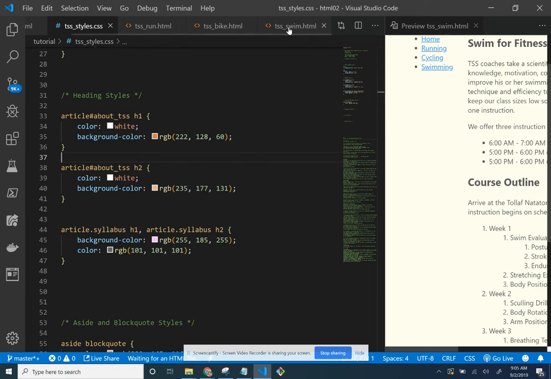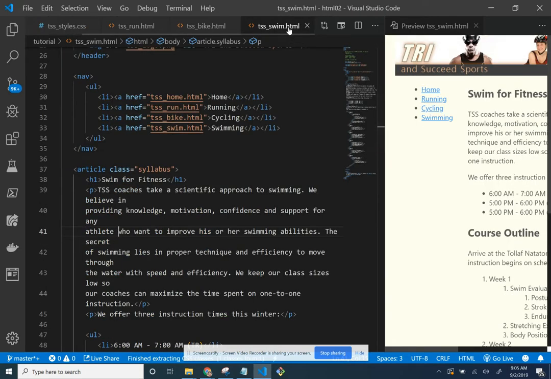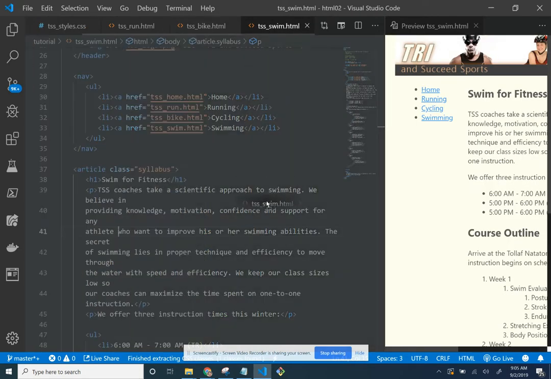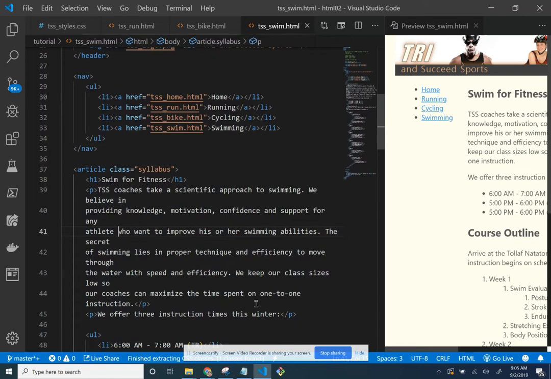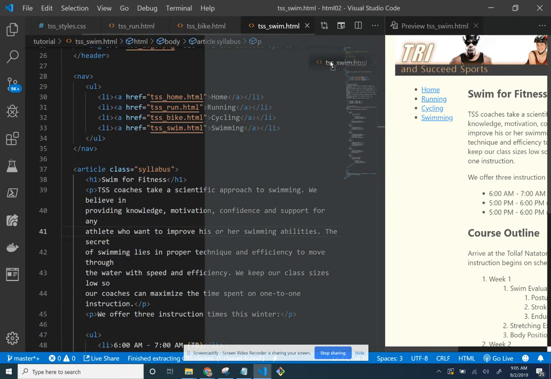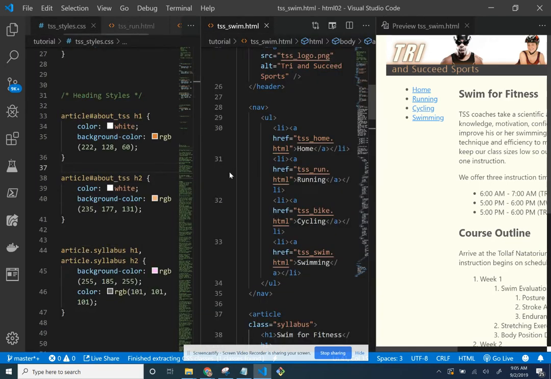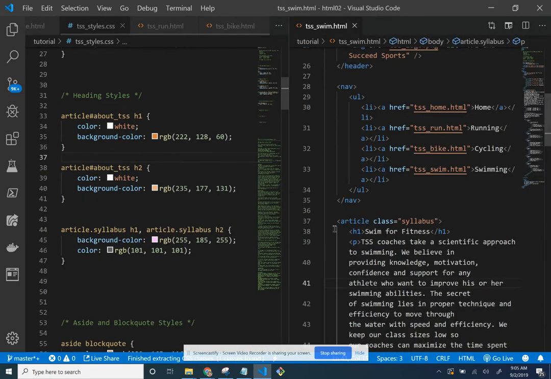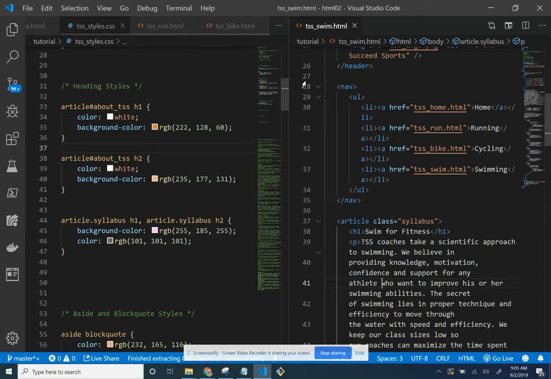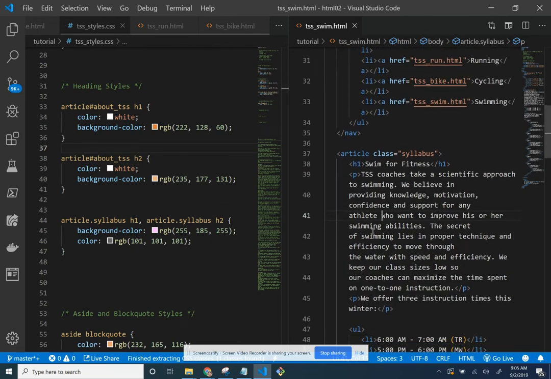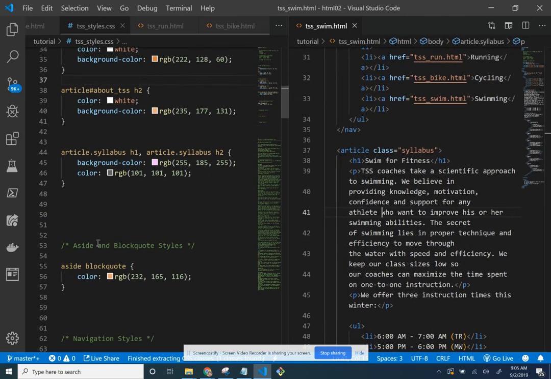So this is a preview. Move this down, or not. Just trying to get it so I can see both things. So here's the HTML. Here's the styles that we just applied. So we're saying